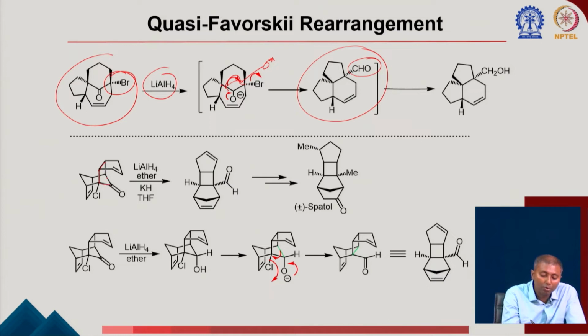So I am trying to show you that 5 member ring here. Now what is going to happen? You first have a reduction to form the O minus, then very similar to this there will be a 1,2 shift going to happen which will convert this 5 member to the 4 member ring. Now it will become a 4 member ring with a corresponding aldehyde,